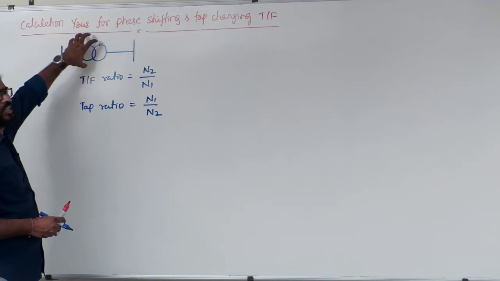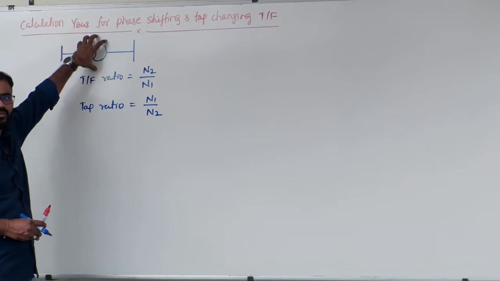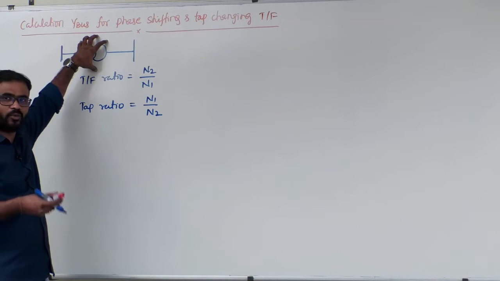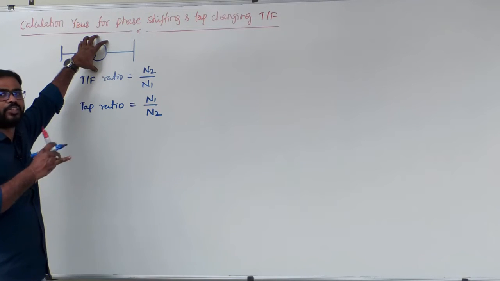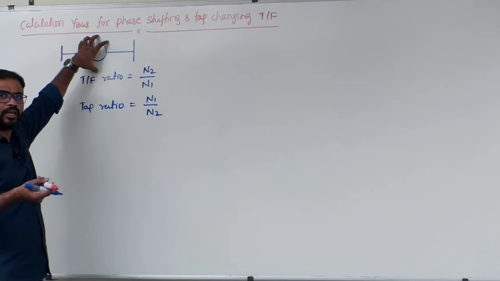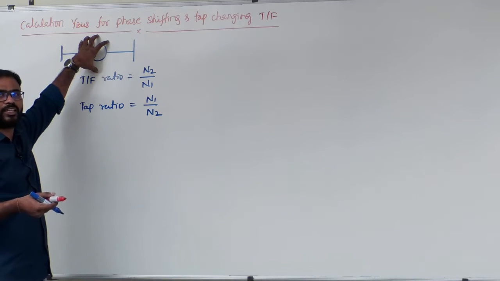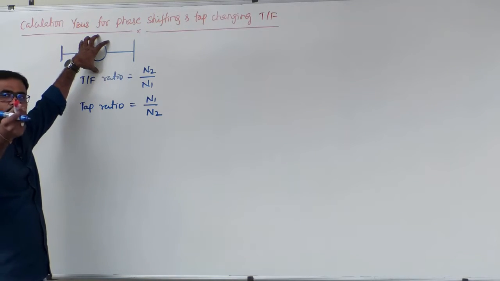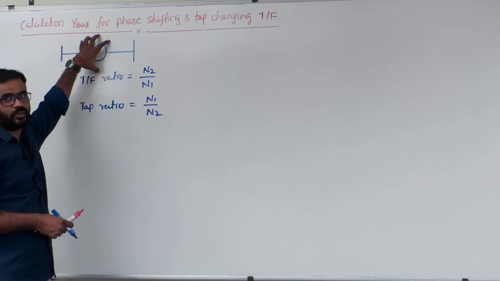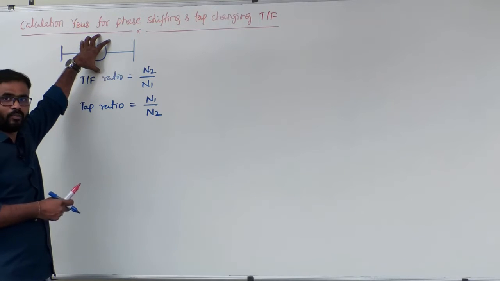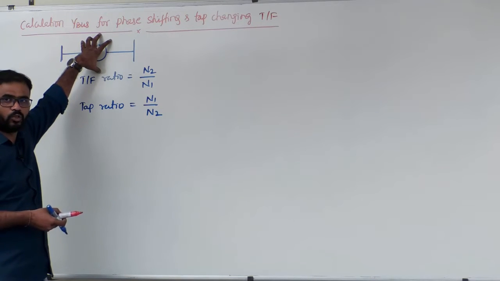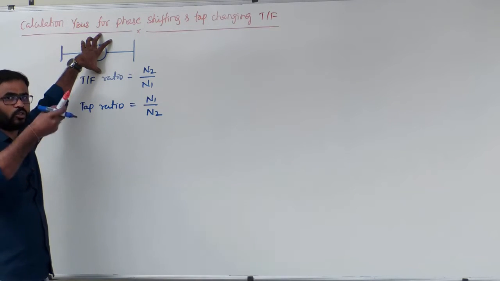For example, let's say it is a tap changing transformer. We discussed in T&D what a tap changing transformer is. Generally taps are provided on the HV side for better control of voltage. So tap changing transformers are used to control the voltage. But phase shifting transformers, in addition to controlling the voltage, also control the phase angle, by which we can improve the system stability and also control power flow. If you are controlling the load angle, indirectly you are controlling the power flowing through the transmission lines.